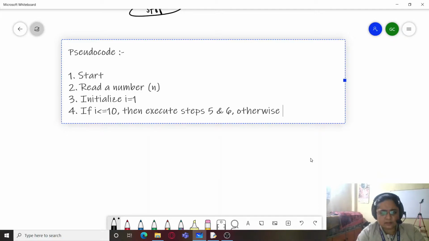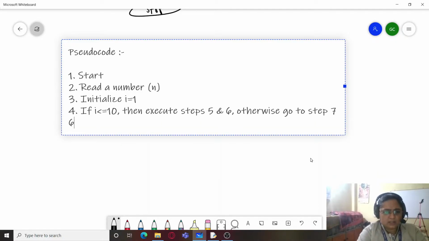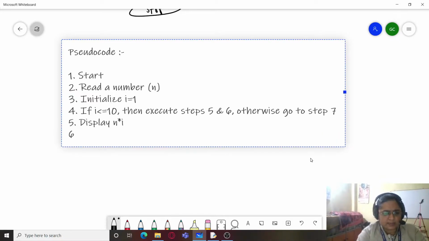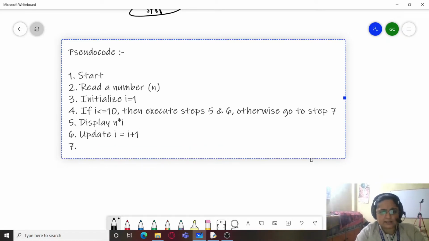Otherwise, go to step 7. So now step number 5 is display n multiplied by I. Step 6 is update I equals I plus 1. And the seventh step is stop.